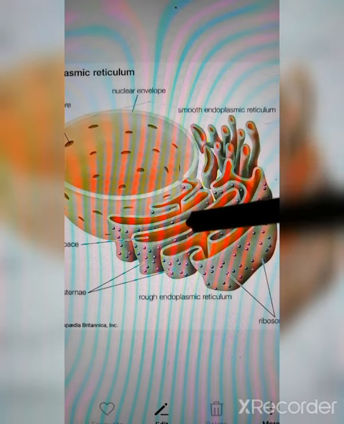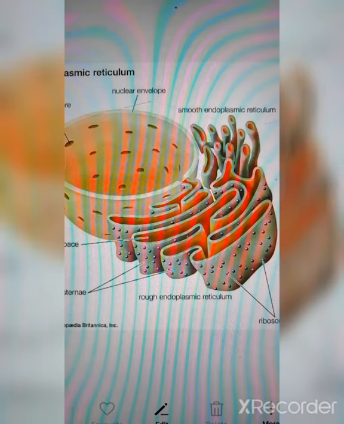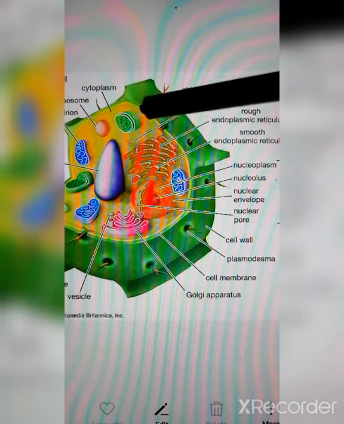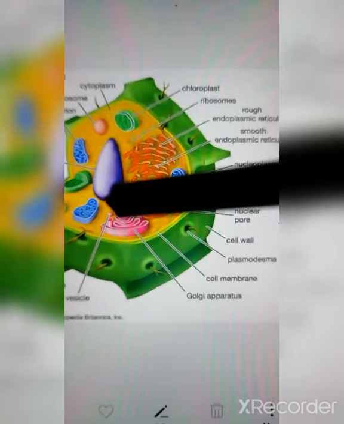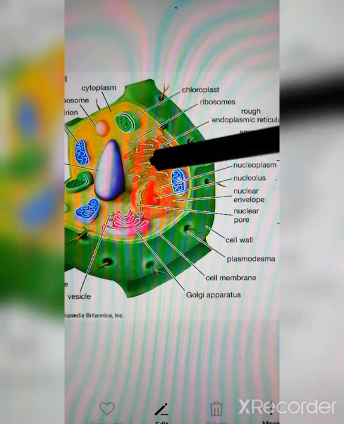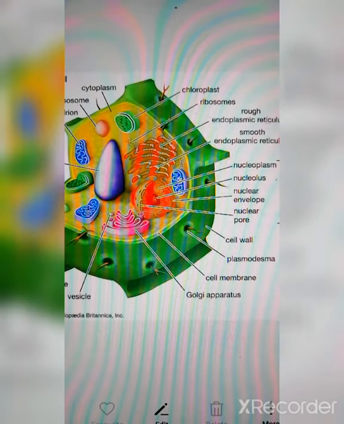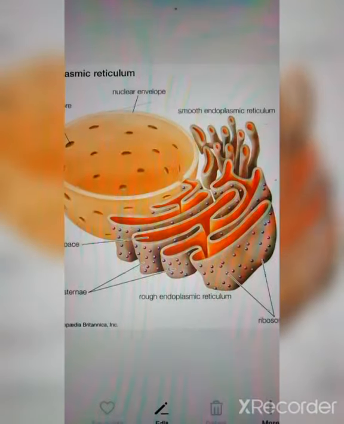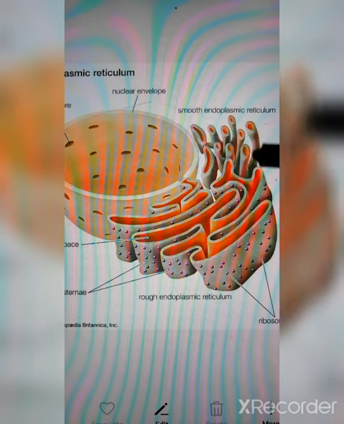It is generally a network of membranes. Network means it is connected to different other organelles in the cell. It helps in the transportation of substances through all the organelles of the cell. There are certain granule-like structures on the endoplasmic reticulum. We can observe this in another diagram. Look here, these are the granules on the endoplasmic reticulum. These are known as rough endoplasmic reticulum, whereas those without granules are smooth endoplasmic reticulum.